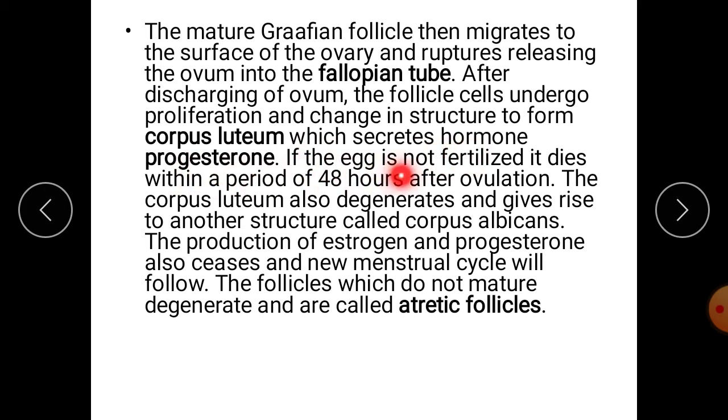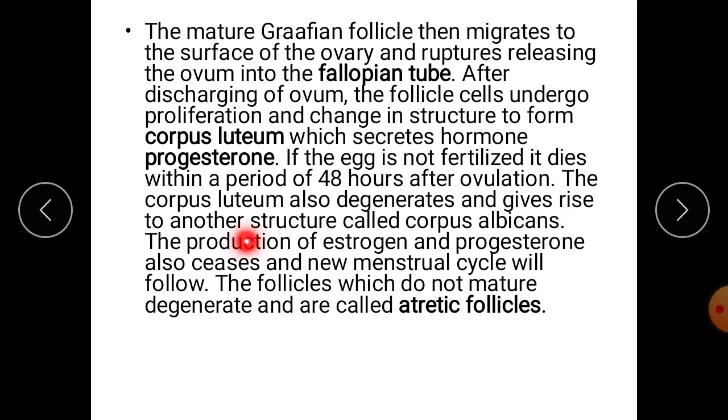If the egg is not fertilized, it dies within a period of 48 hours after ovulation. If it is not fertilized with sperm, the corpus luteum also degenerates and